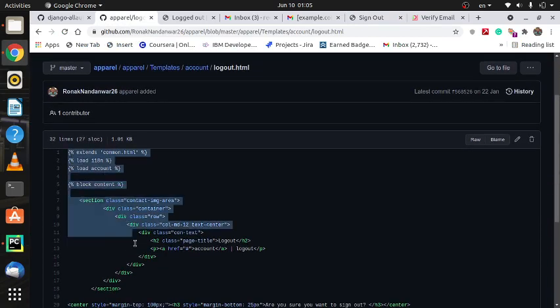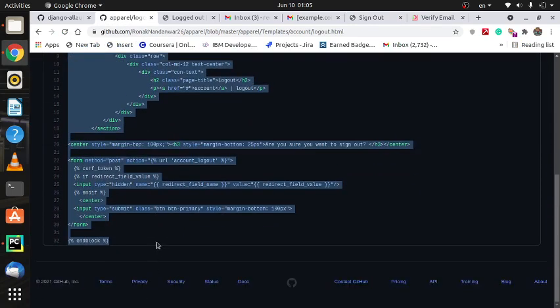Just try to copy and paste this code if you are using this template only. Otherwise, do whatever I have done in signup.html. Remove header and footer, make a new file, extends common.html. Whatever code you need to write,